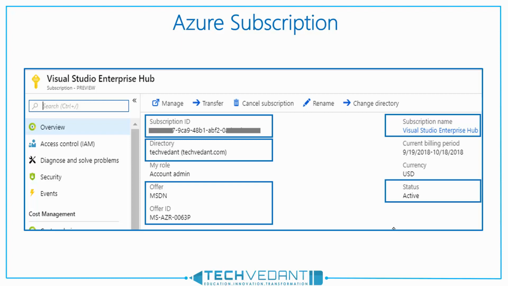Fifth, status. Every subscription has a status value. For example, as shown on our screen, active. Other values of status can be cancelled, disabled, deactivated. For different types of subscriptions, there are different reasons for changing the status from cancelled to disabled. For example, for a trial account or trial subscription or MSDN subscription types, if we exhaust the credit, our subscription status would be updated to disabled. Once the time period of the subscription is over, our subscription status would change to cancelled. Similarly, for other types of subscription, there are different conditions and results.